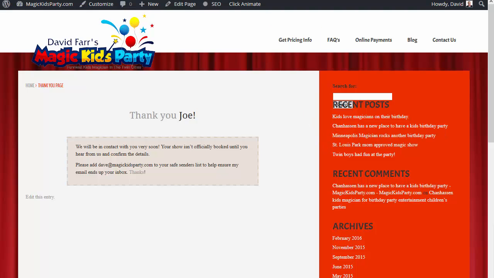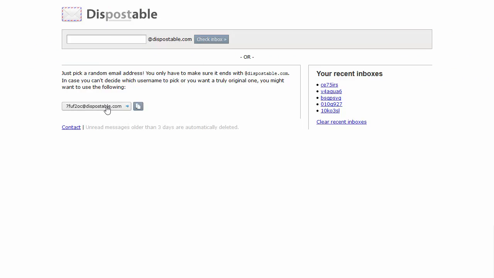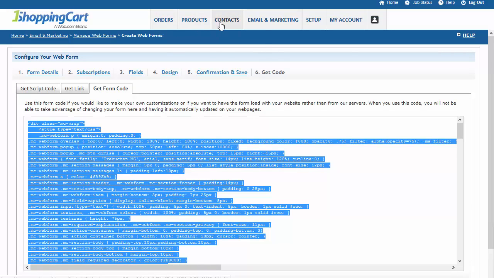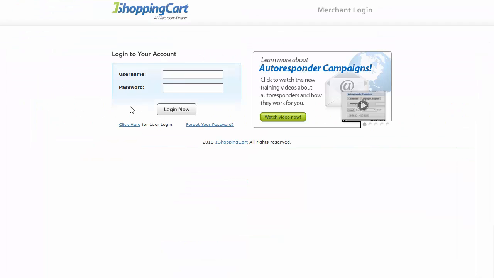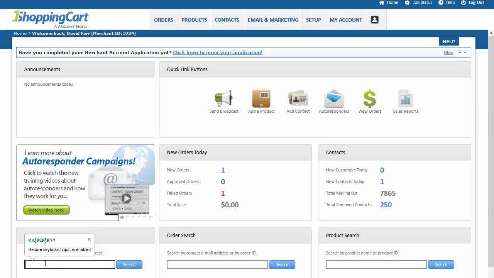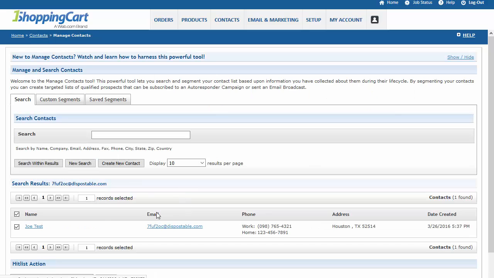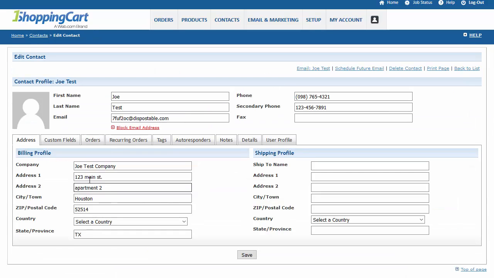So once again, we use the special email address, and I could go and check this email and see what it got, but I'm not really testing the autoresponder right now. What I'm really testing is making sure that all the form fields got through into my OneShop. So let's go into contacts here and let's search that email address. That was this disposable one right here. Let's go ahead and search that and bring up that contact record,